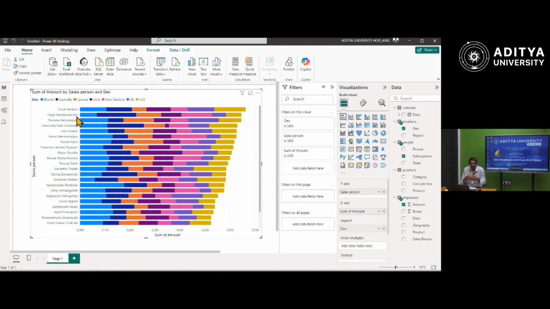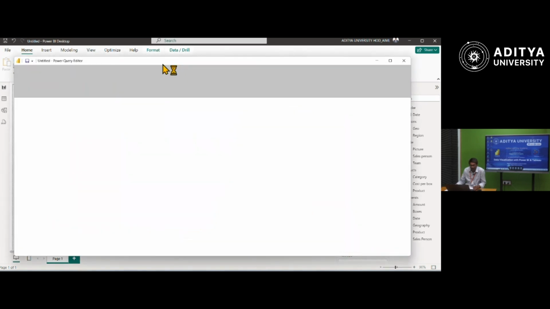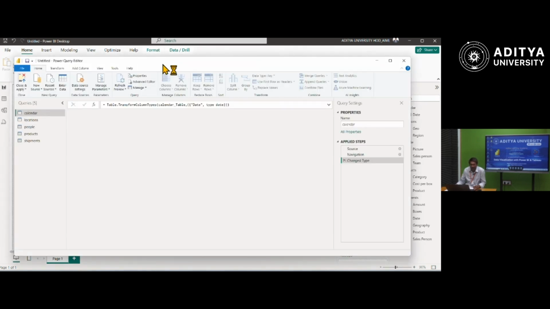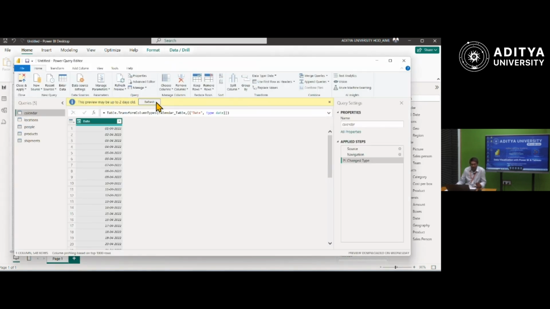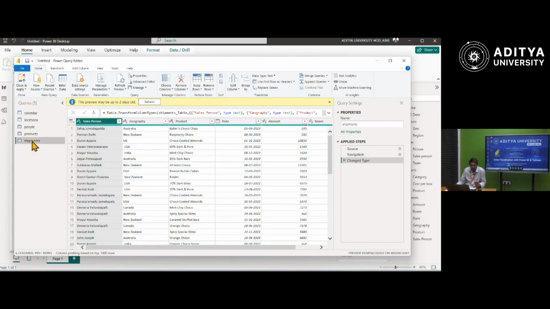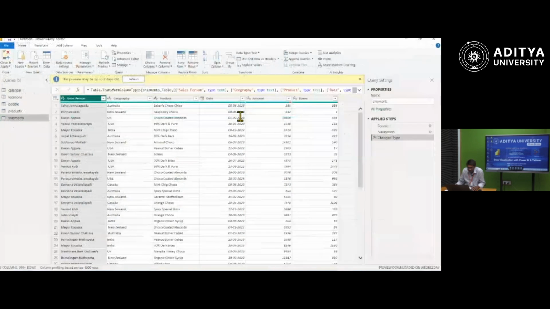So what I will try to do right now is go to transform data. When I go to transform data, automatically your Power Query editor will be opened. Now I am going to the shipments. See, inside the shipments, everyone clearly watch out. You are having